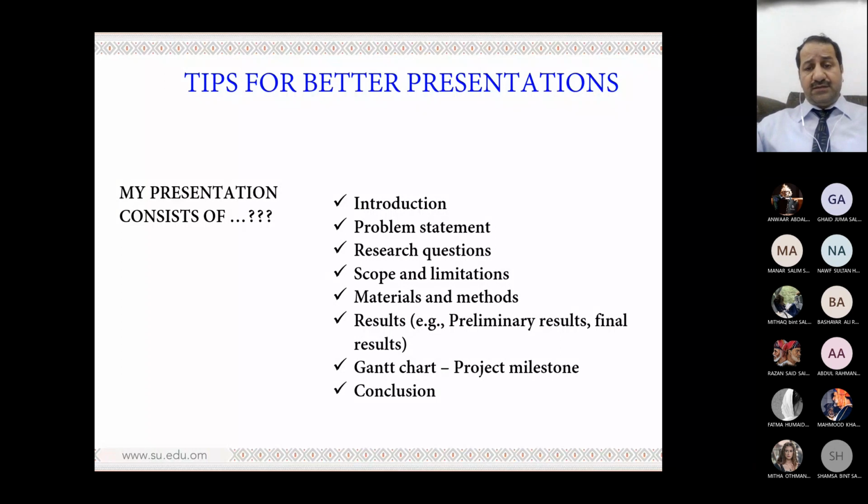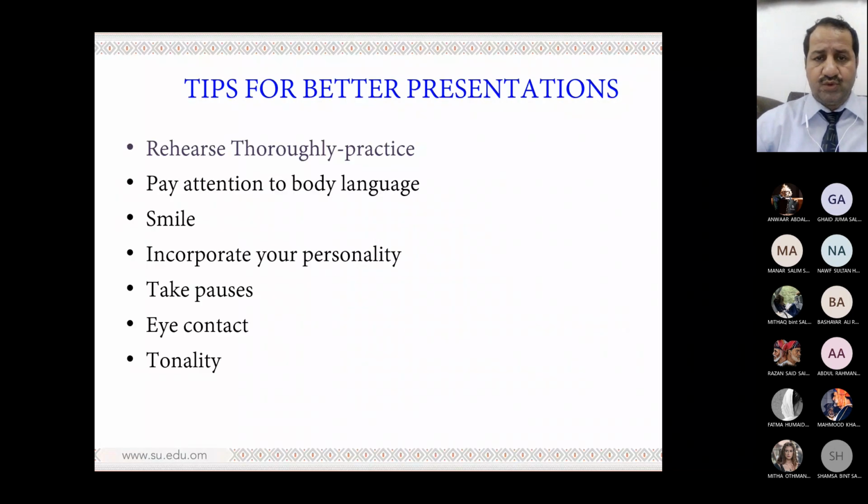Then objectives, and the scope and limitations if you would like to put limitations or constraints. What are the materials, methods or software you are going to use? And then your results. Focus more on your results, present them in more detail and in a better way to convince others of what you came up with. And definitely project milestones, if there are any, and conclusions.